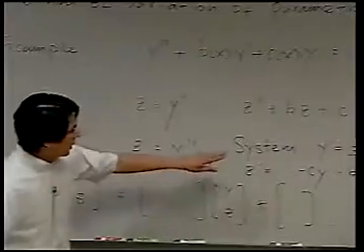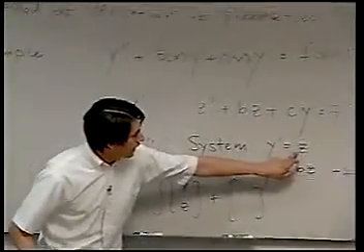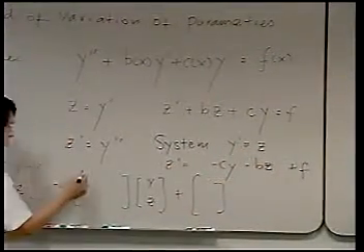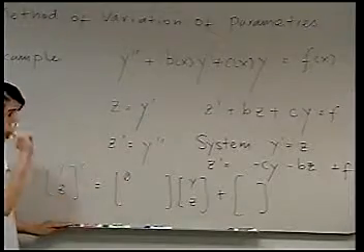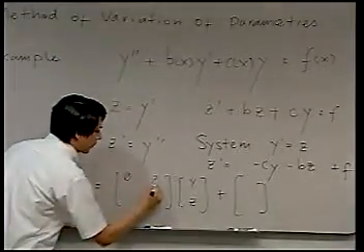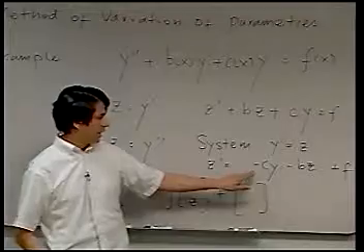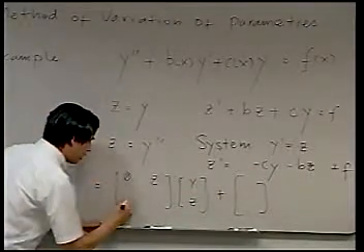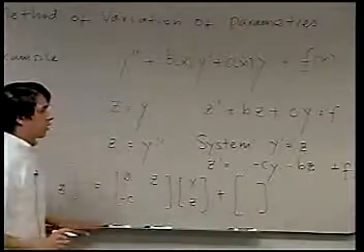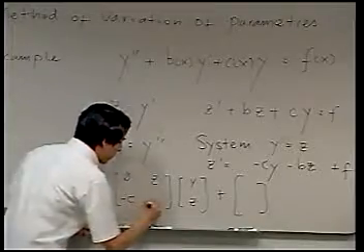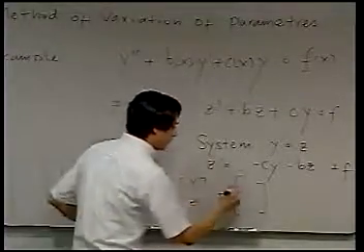As follows. This one has 0 y plus 1 z. The second one has negative c y minus b z. So you can see,